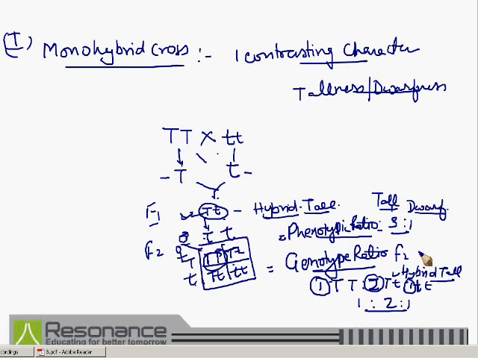So if we conclude here, the genotype ratio in the F2 generation is 1:2:1, and the phenotype ratio is 3:1. Coming to the next,